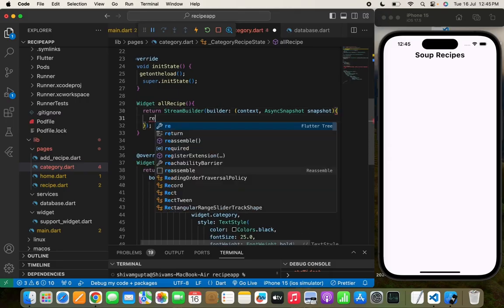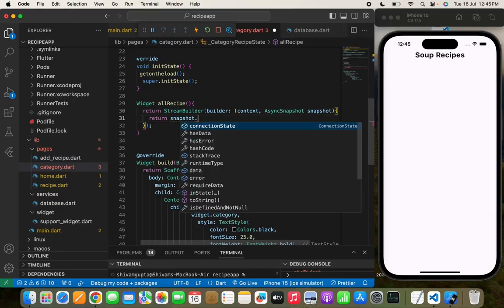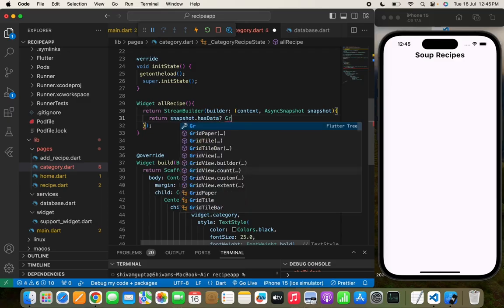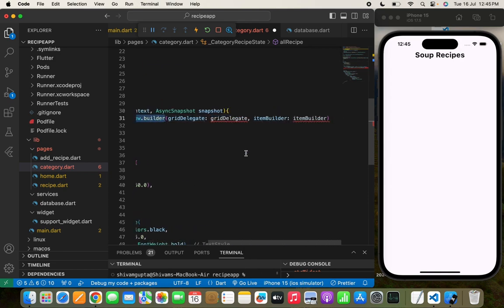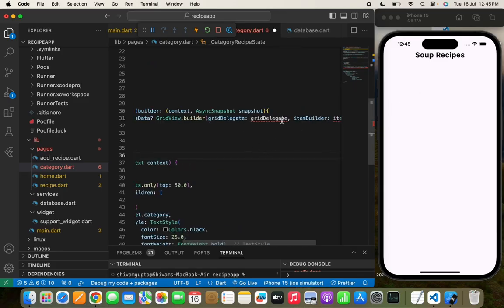Now we can return snapshot.hasData, and first we'll check the data, and if the data is present then we'll show the GridView.builder. So in place of ListView we are using just GridView.builder. As I've told you, I want to show the two recipes in the horizontal direction. Now in the grid delegate I will simply pass